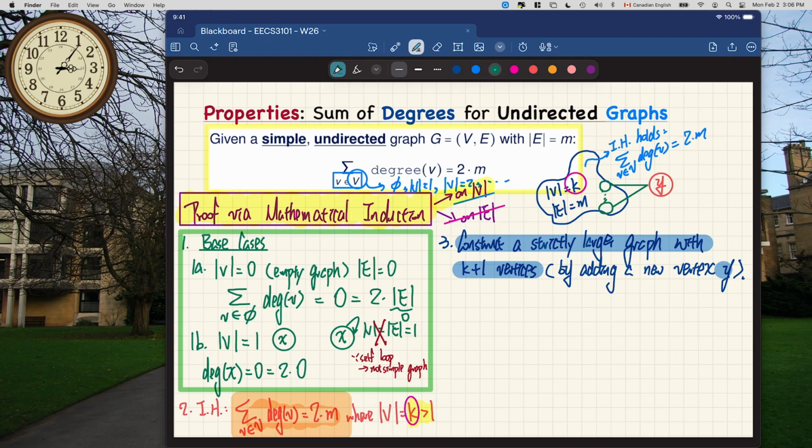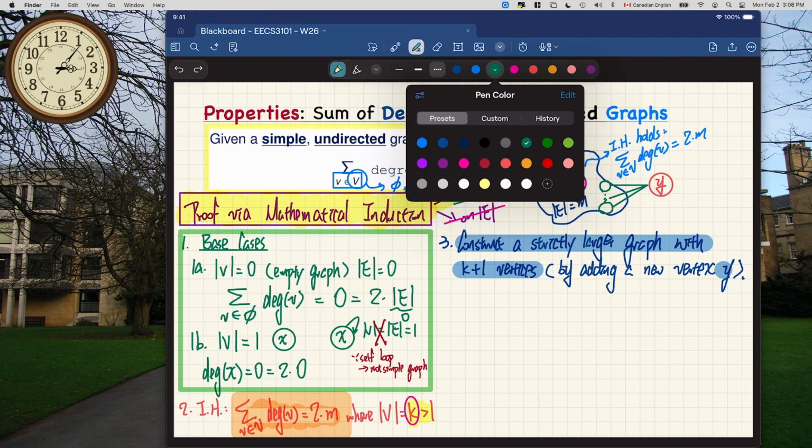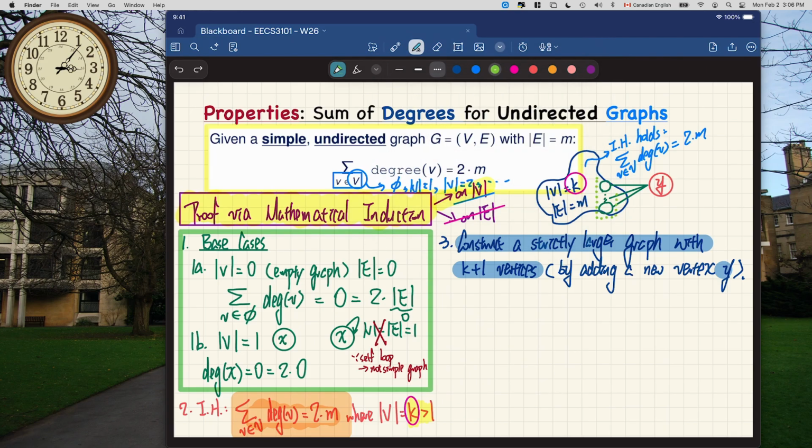So all these vertices chosen from the cloud will be connected to y. However, we have to know very well how many we can choose. So now think about here. I'm going to write it down here so you can see that right away, but I'm going to repeat it somewhere else. So we basically choose,